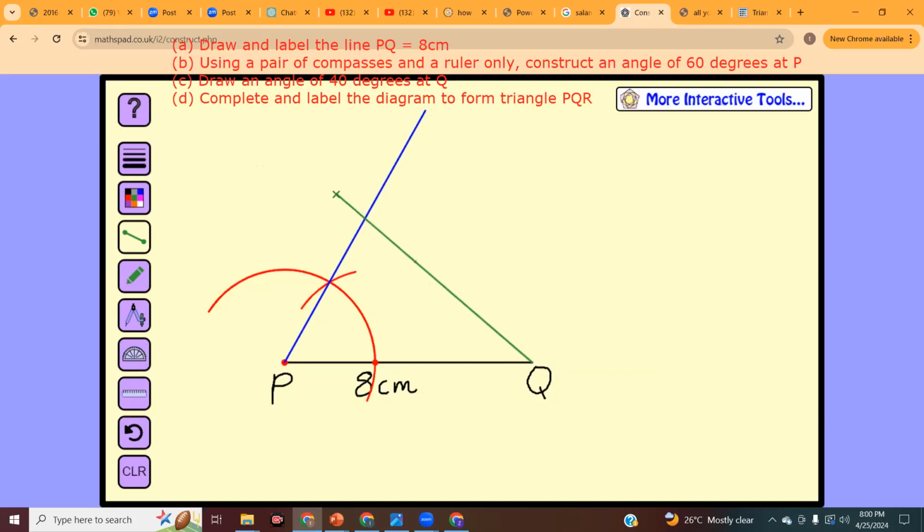So this is our angle, and we're gonna call this one R, right? They say PQR, so PQR. So this is supposed to be 40 degrees, and it's supposed to be 60 degrees. All right. And so that's how we draw this particular triangle. All right, let me know if you understand that, how we draw this.